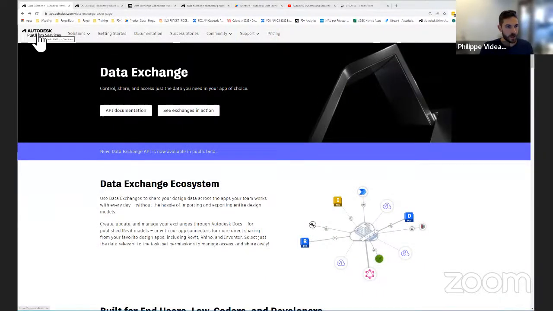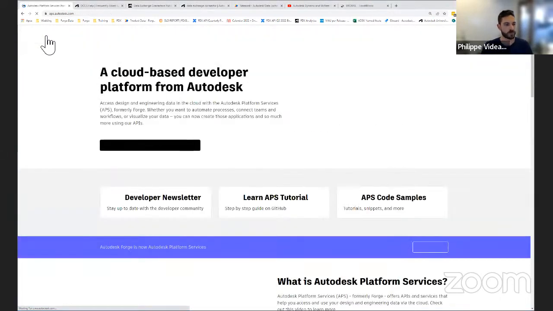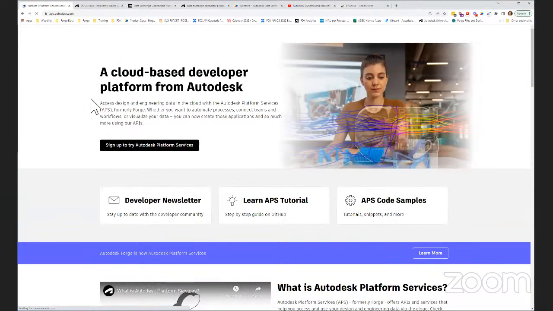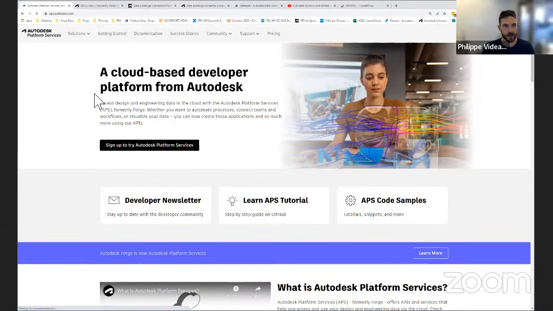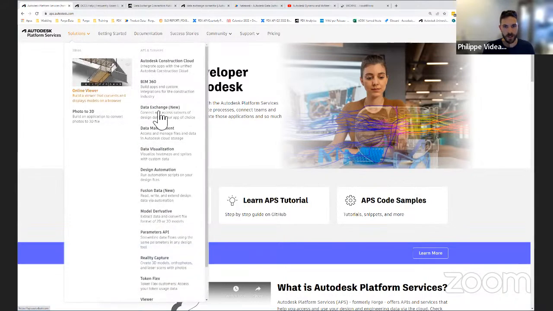Wonderful. Okay, so with 5 minutes left, I'm going to switch over to sharing my screen to cover how you can access data exchanges today. All right, can you all see my screen? Yes. Wonderful. So if you go to aps.autodesk.com, that stands for Autodesk Platform Services, go to Solutions and Data Exchange,